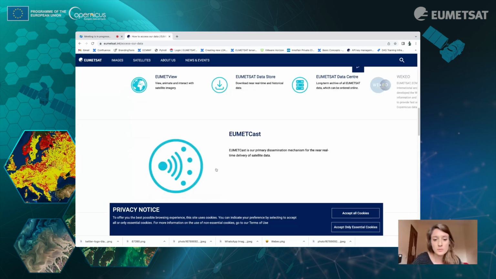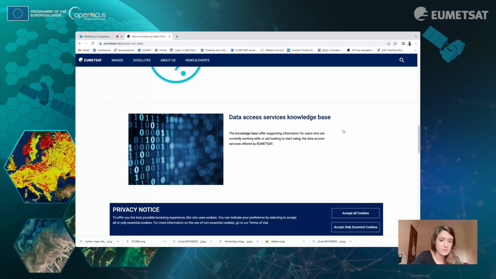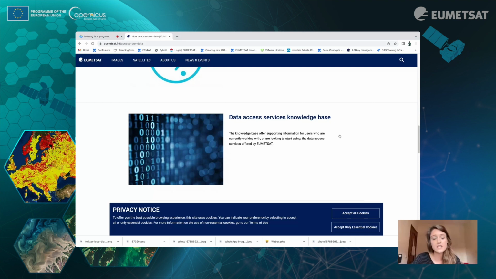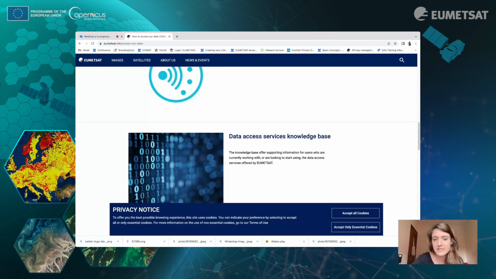I will show you also a little bit down where you can have access to our knowledge base. This is our knowledge base, and you can find a lot of information, especially technical information of EUMETView or other services, of course. I will not go through it, but it's right here. You will be able to click on it and you will have different pages explaining everything you need. Also in the link that Sienna is sharing on the chat, you will be able to find this directly.